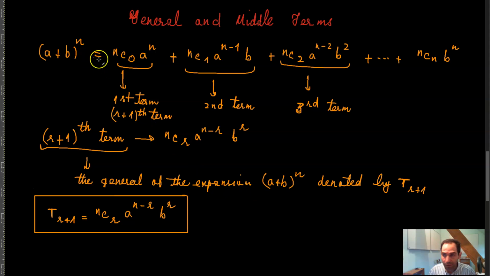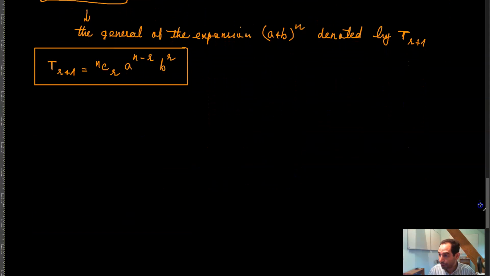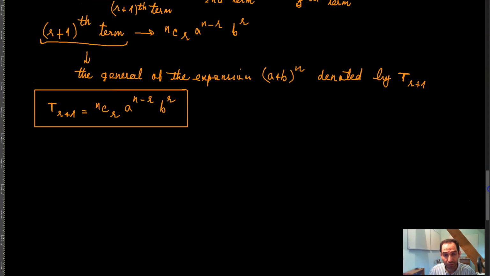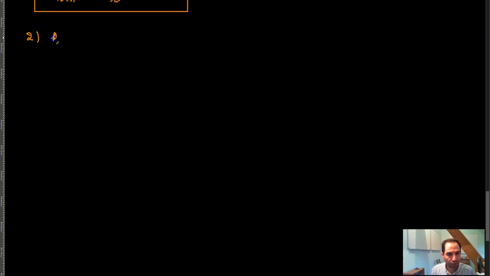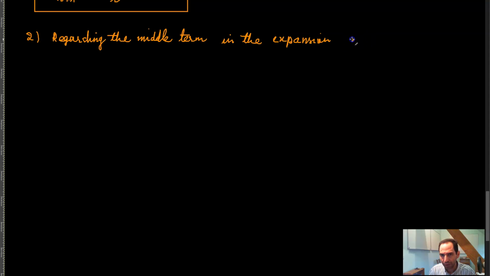Now, this was basically the first point to be noted here. The second point to be noted is regarding the middle term in the expansion a plus b raised to the power n. So let me write this, number 2. So regarding the middle term in the expansion a plus b raised to the power n, we have